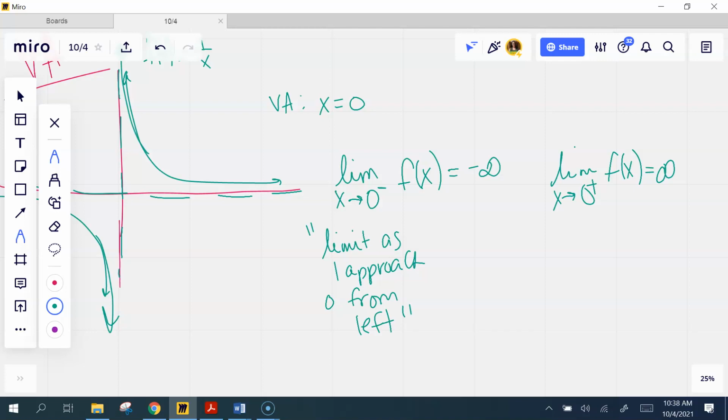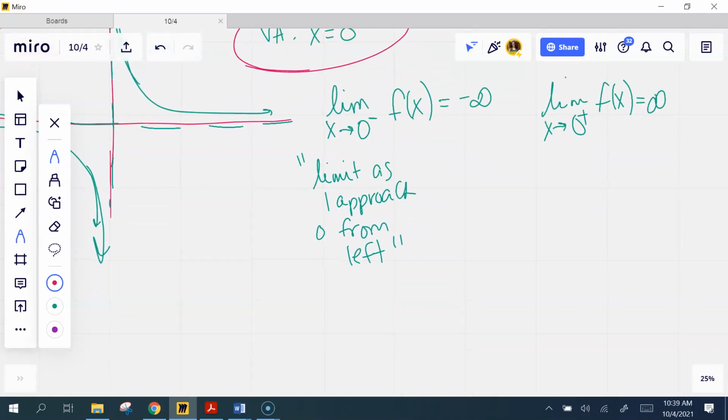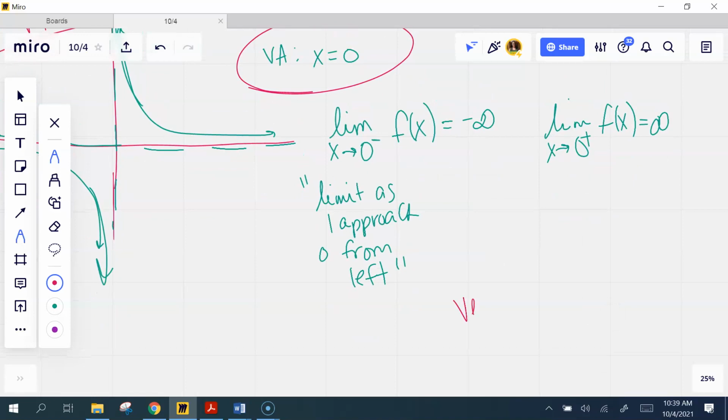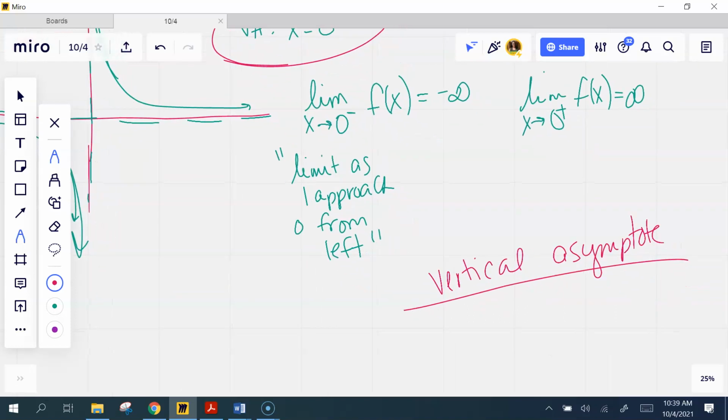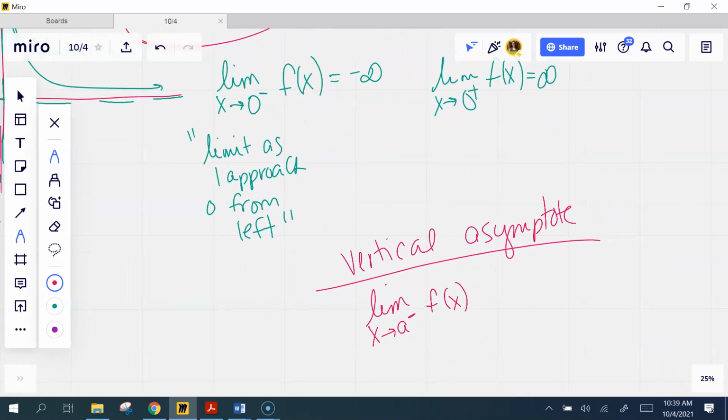If you have one of these scenarios, notice I told you that we know our vertical asymptote is x equals 0. This is the definition of a vertical asymptote. So a vertical asymptote is defined. I want you to see it first. If you have a situation where the limit as you approach some number, and it doesn't matter what that number is, but it's just some value, we'll call it a, from either the left or the right,